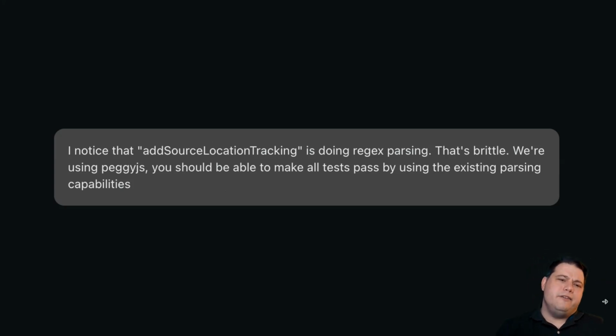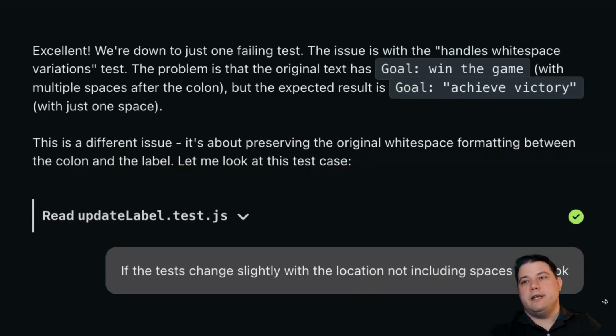so I start looking through the code by hand. I say, I notice in this function, you are doing regular expression parsing, and that's brittle. We're using PeggyJS for the parsing, so you should be able to make the test pass by using those capabilities and not by making your own regex, right? So it goes off and does that. It comes back with one failing test,